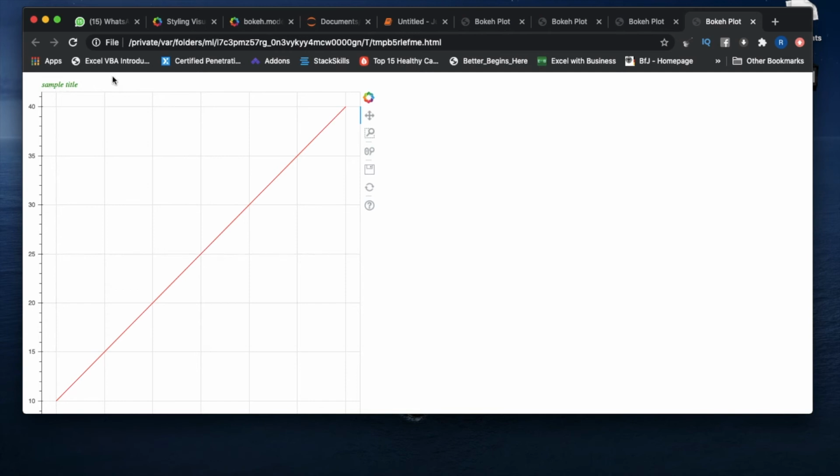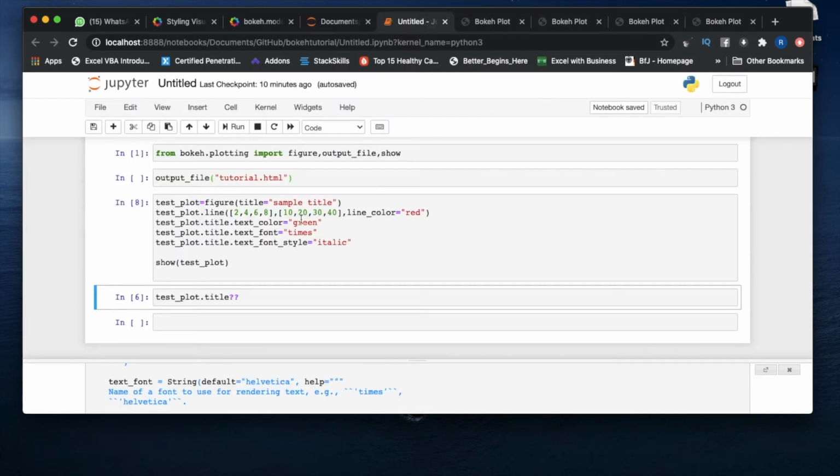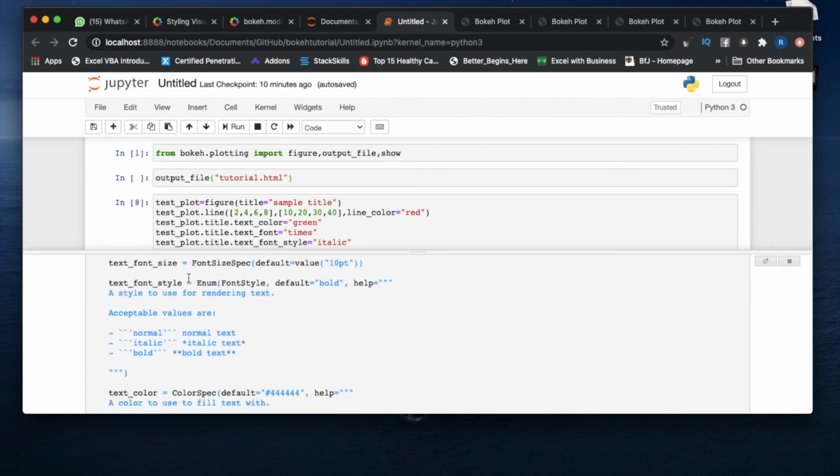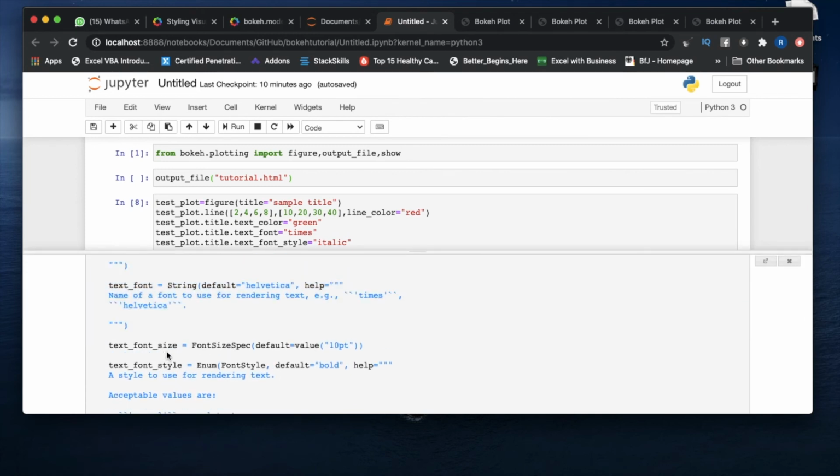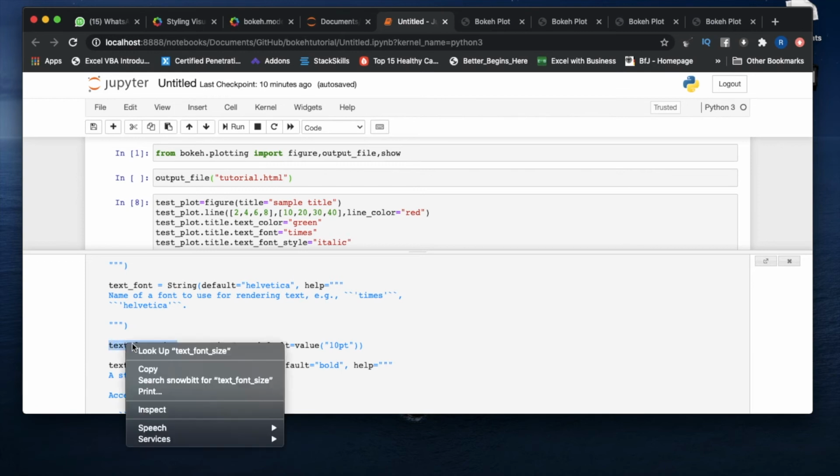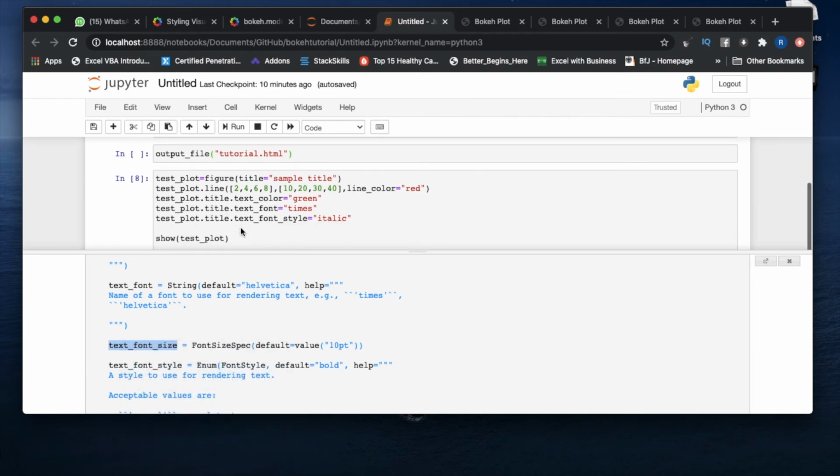Okay, now I want to change the size. So to change the size, we have something called, let me just open it here, this one. Okay, so we'll use this to change the size. So it will be text plot dot title dot this, and maybe 10 pt is default, so probably we can write something, maybe 20 is fine.